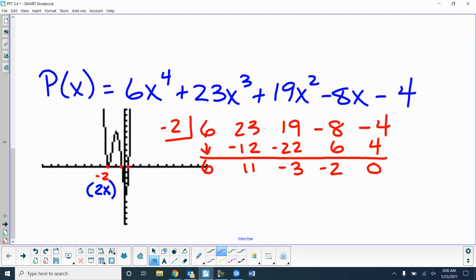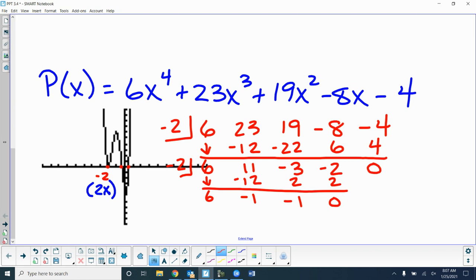Work. Right? Then I need to do it again. -12, -1, +2, -1, +2, 0. Okay? So, I can figure this out, the other two,